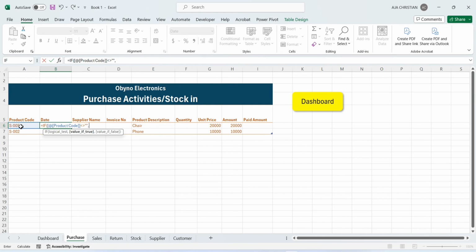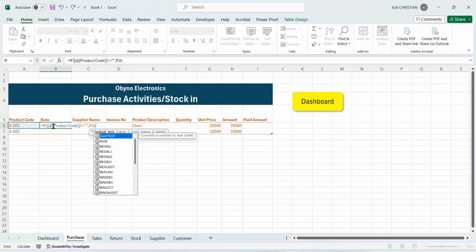So value if true, we use that to start another IF function. So if this date, that is B6, if B6 is equal to empty,